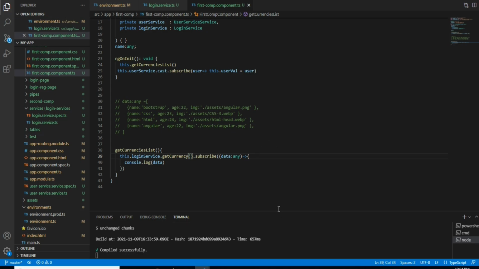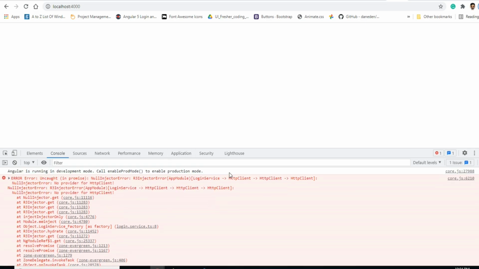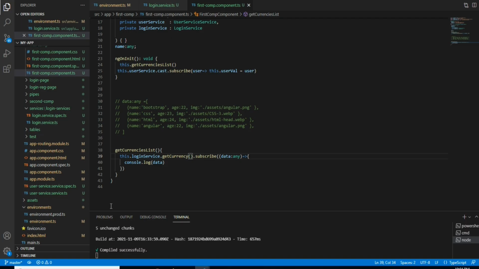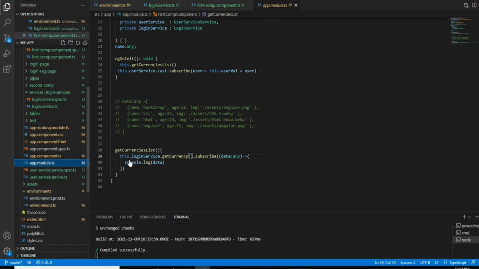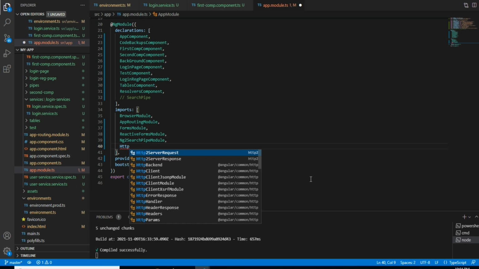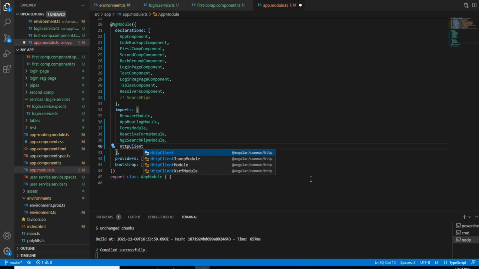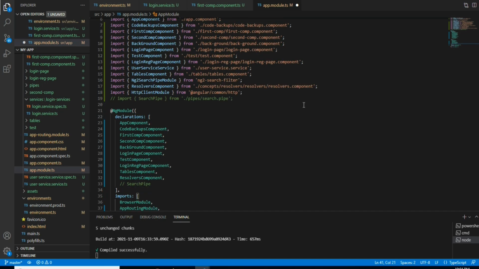Okay, it was saved. Some error came, but here it is showing that login HTTP client is not provided, a null injector error. I forgot to mention HTTP client here in app.module.ts. So here I will mention HttpClientModule. Okay, got it. Now I will save this.